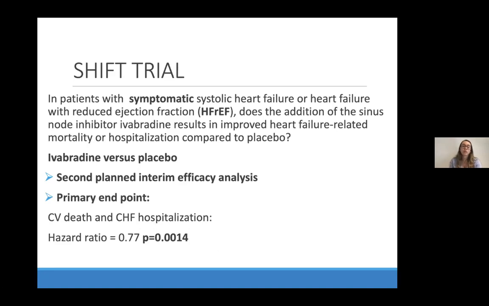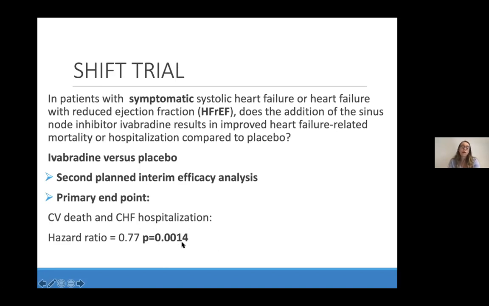And in this type of study, you recruit a lot of patients. I think here it was about 10,000 patients, if I'm not wrong. So they planned an interim analysis for efficacy, okay? For the first interim analysis of the primary endpoint, in which they evaluate cardiovascular death or hospitalization because of heart failure complications, they saw a hazard ratio of 0.77, meaning a 23% lower chance of having an event in the treatment group, and a very low p-value,